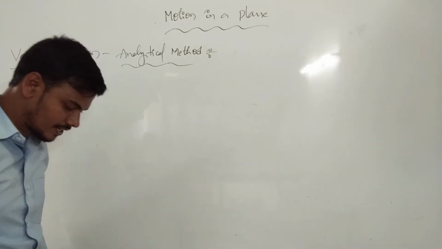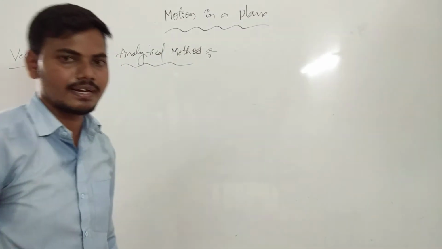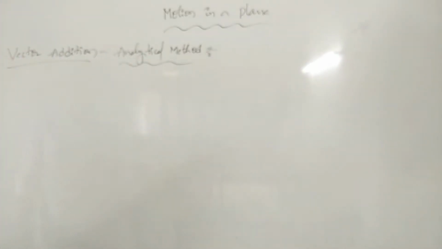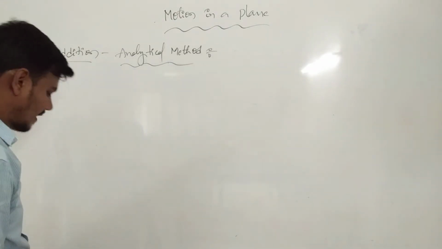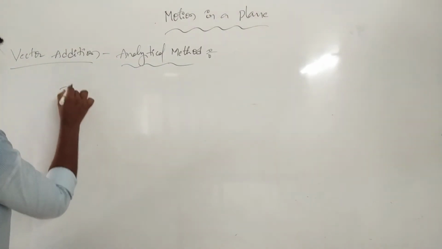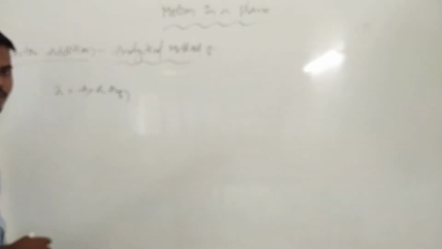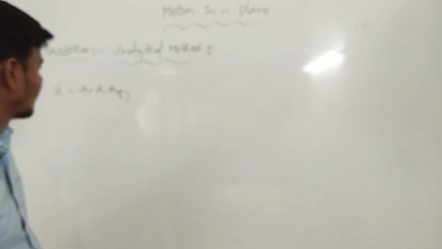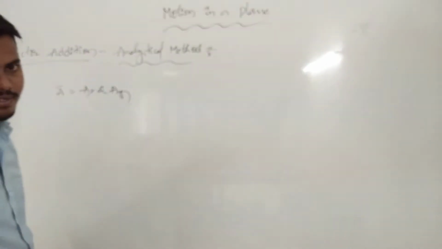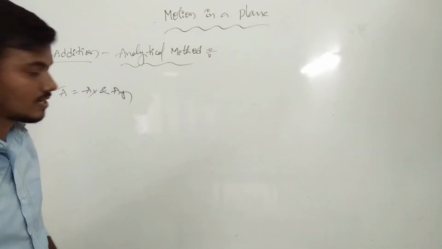In vector addition, there are two two-dimensional vectors, vector A and vector B. Vector addition means we consider the components of the positions. The vector A bar is equal to Ax and Ay. A always represents Ax and Ay. Clearly we can introduce the magnitude of resolution of vector and the direction of resolution of vector.